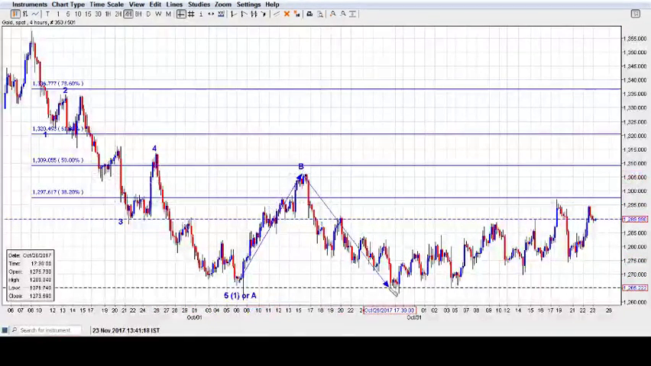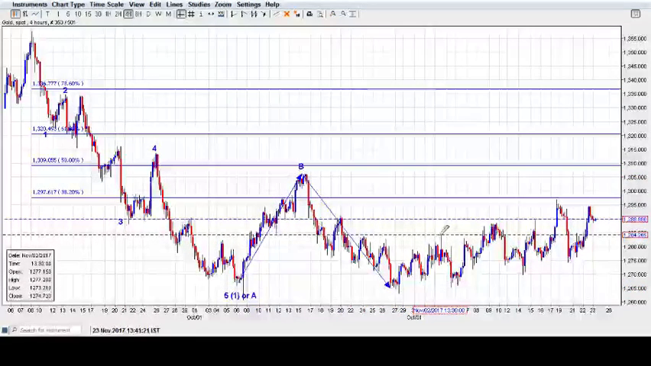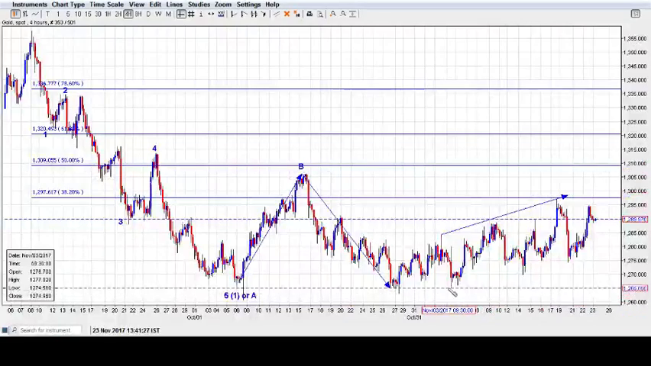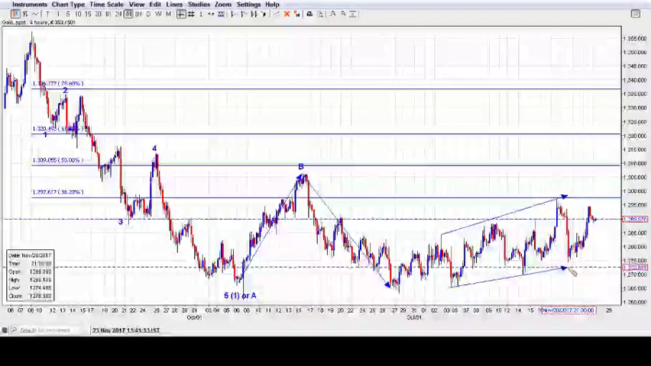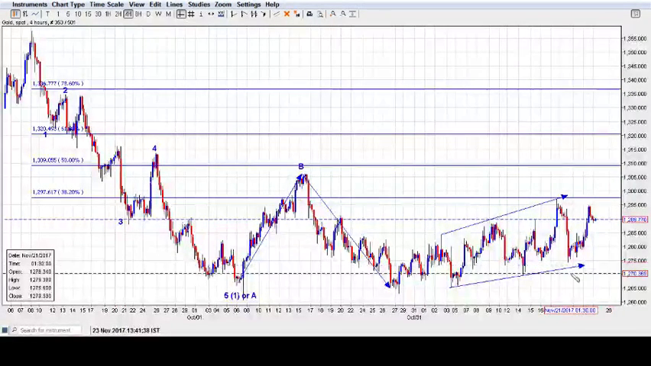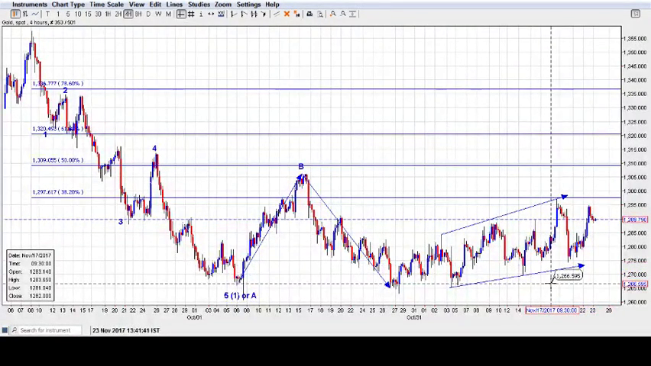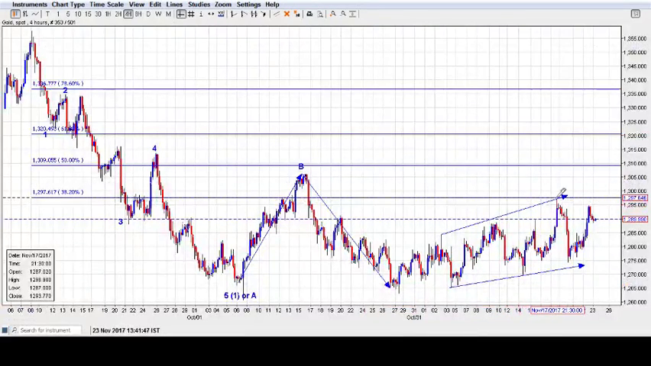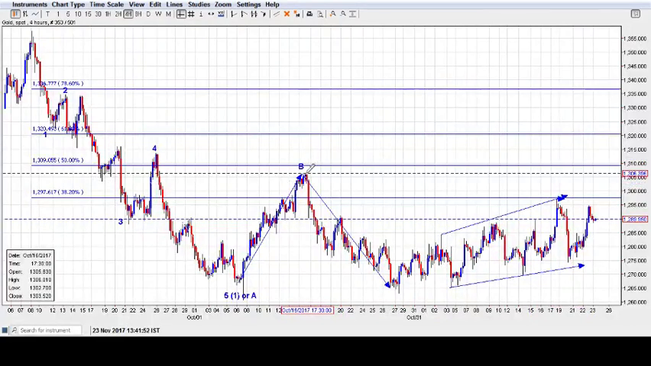3, another 3, and I still would consider this to be an ending diagonal structure, wave C, which has fallen short, putting it into the category of a running flat. So I would still believe that till the time prices remain below 1297, broadly below 1306,